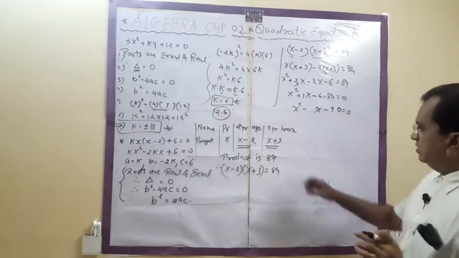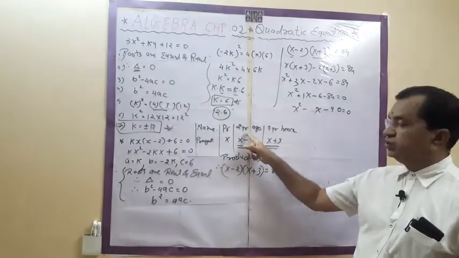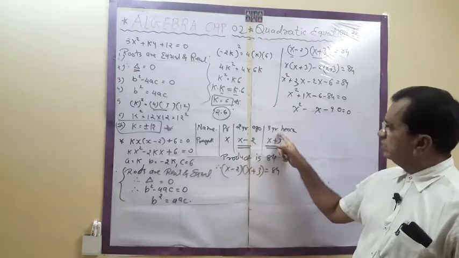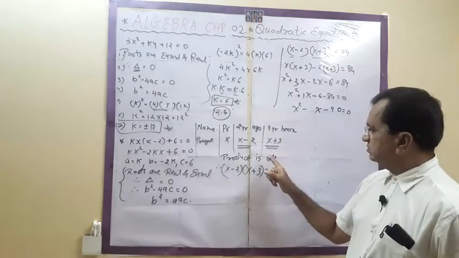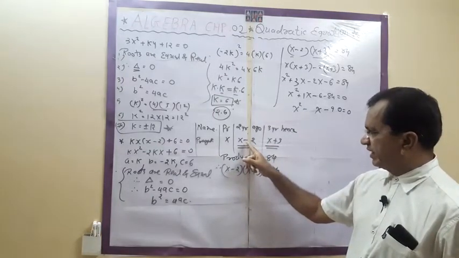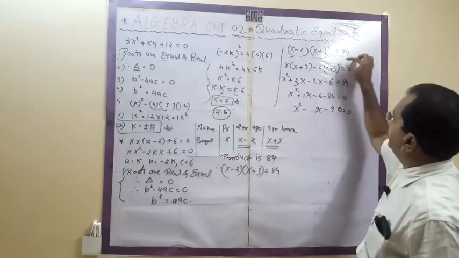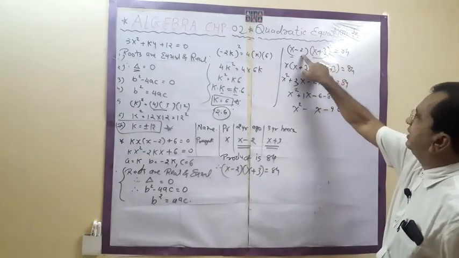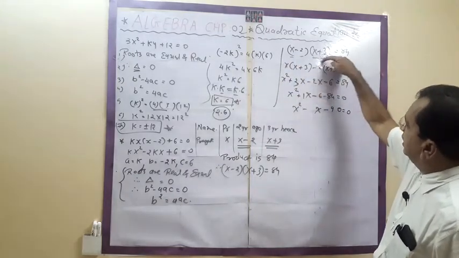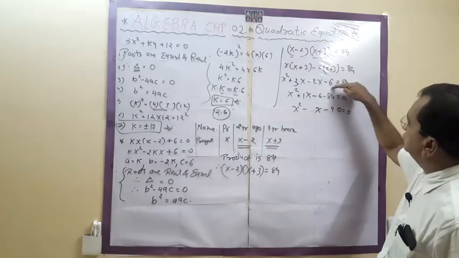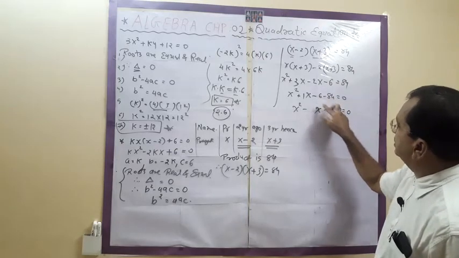Let me explain again. Name is Pragati. Present age is x. 2 years ago, x minus 2. 3 years hence, it will be x plus 3. So the product is both the brackets, x minus 2, x plus 3. Correct? So that is 84. So x into x plus 3 minus 2 into x plus 3 is equal to 84. X into x, x square. X into 3, 3x. X into 2, 2x. 2 into 3, minus 6. 84, when it comes this side, it becomes 90.